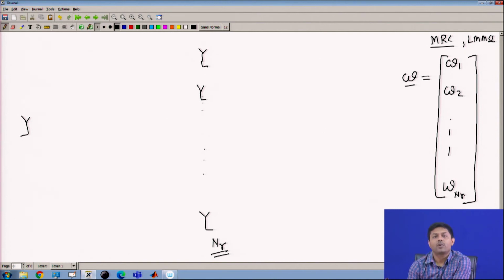If it is a complex number, what should I do? I have to multiply it, because this is the one which I would like to have. Now, here is the catch. If I multiply it, you can say, okay, I am bringing up the RF signal, so why don't you just multiply this RF signal with a multiplier called W1. That means you have to multiply with W1 star, because it is a conjugate part. This is what I have to do finally.